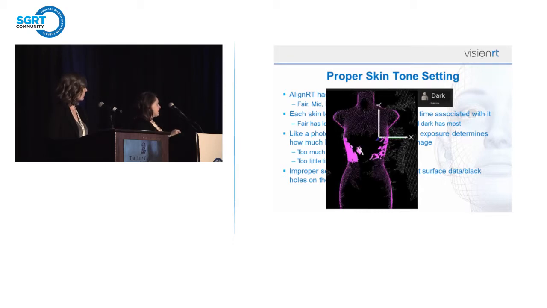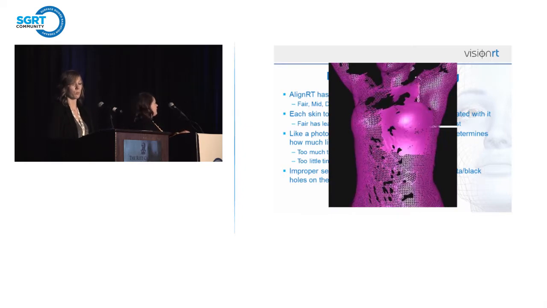And we can see that dark skin tone setting overexposed, so we have missing information in the area of the ROI. This is an actual patient. We can see again, not as big of a change as what we saw with the Emily Phantom, but we have some missing information here. If that were to leak into the area of the ROI, that can cause us some problems with monitoring and